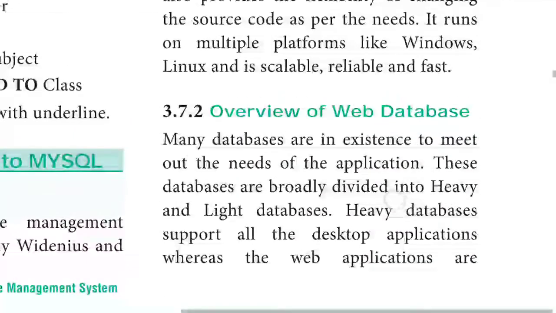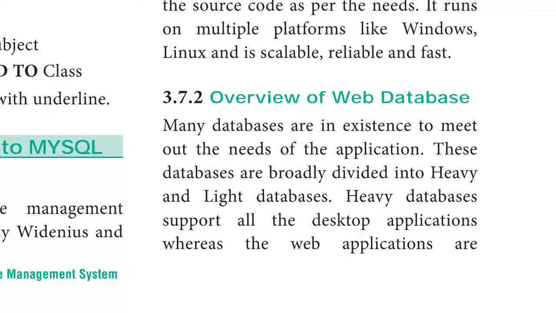Next is the overview of web database. So a normal database is created in your local computer itself, or you can also create a database in the server. But a web database is somewhat different. Okay, so this web database will be creating a database in the web server. Okay, so if you are creating a very large web database, then it will be very complex to access it. Okay, so while creating a web database, they keep so many restrictions so that it will be very light and easy to access and it will not take that much time to load it.